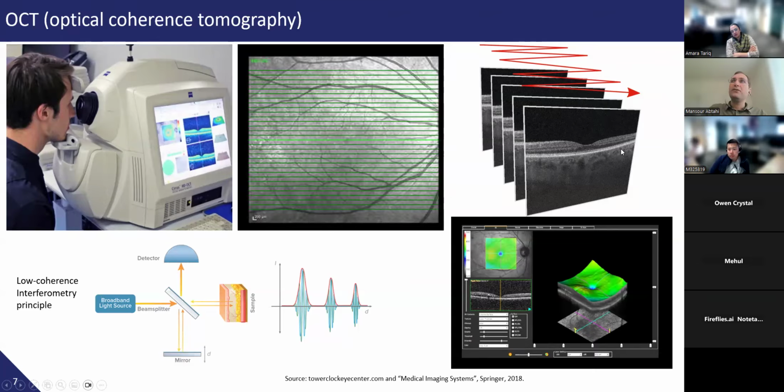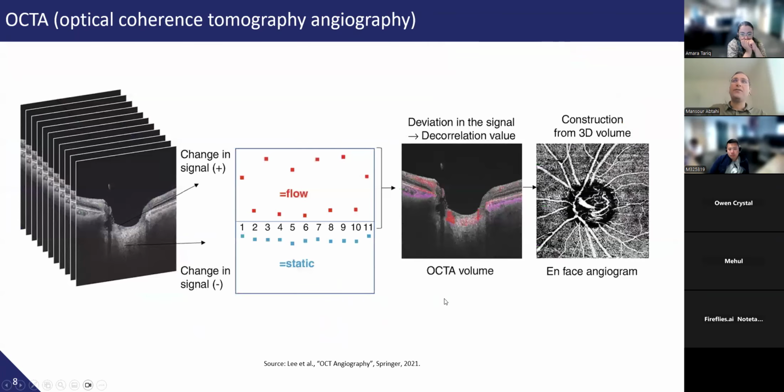So OCT gives us good information about different layers of the retina, but for processing the vessels, we need another technique. Optical coherence tomography angiography can give us a 3D map of the vessels. The idea behind optical coherence tomography angiography is that by